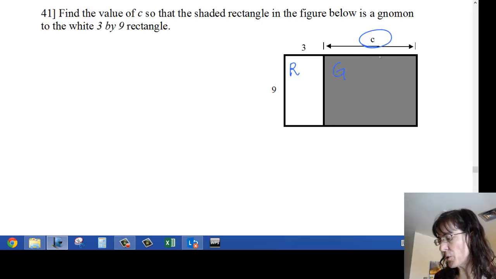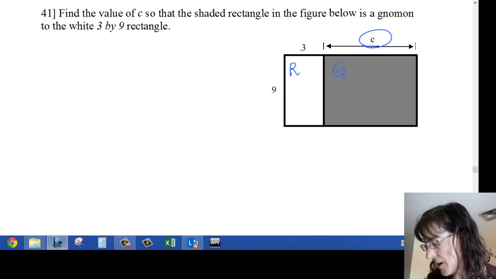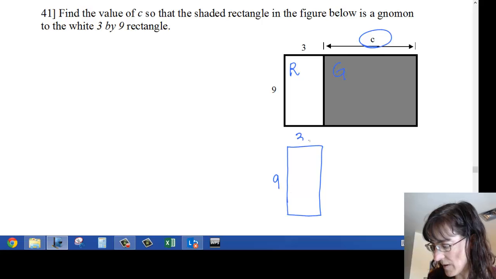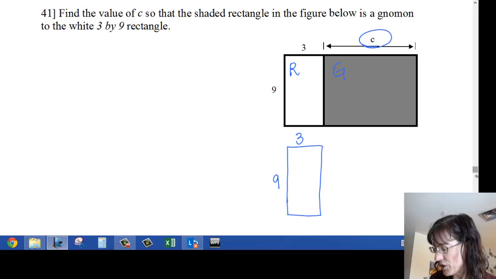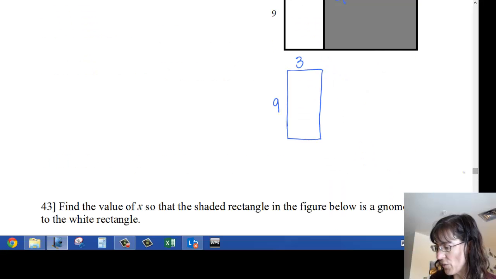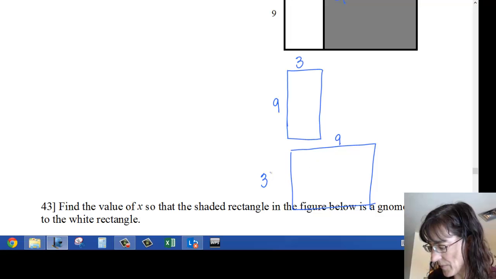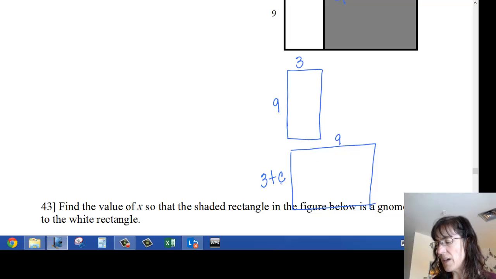Now let's think about similar rectangles for a minute. If I have a 3 by 9, that's my original. And then when I attach them together with the gnomon, I'm going to have a 9 by 3 plus C. Now I can't leave it so that my 9 is the one that corresponds to this original 9. I have to swap it and make it the 3 plus C,